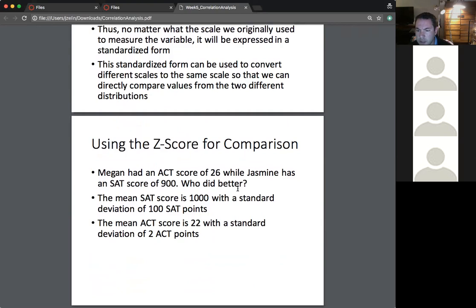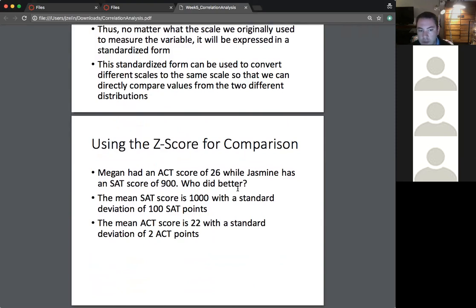So Jasmine had a -1 z-score because she had an SAT of 900 and the average was 1,000. If we subtract 1,000 by 900, we're getting -100, and then we're going to divide by the standard deviation of 100. So -100 divided by 100 is equal to -1. So that's absolutely right. So that means that Jasmine scored 1 standard deviation below the mean on the SAT, while